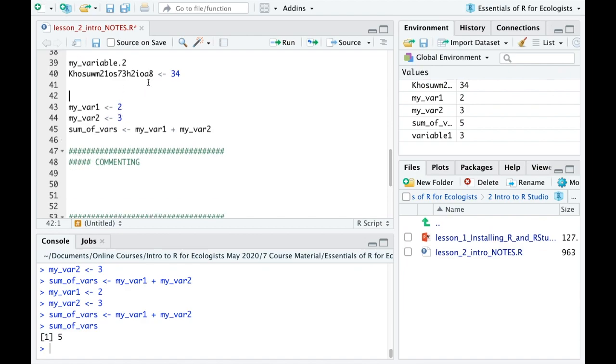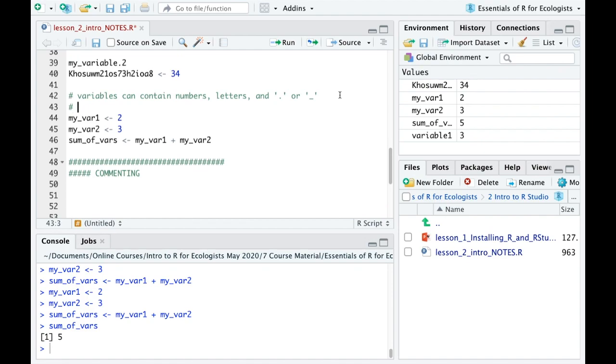So, for example, we could say variables can contain numbers, letters, and periods or underscores. The other thing I forgot to mention actually is also that variables are case sensitive.